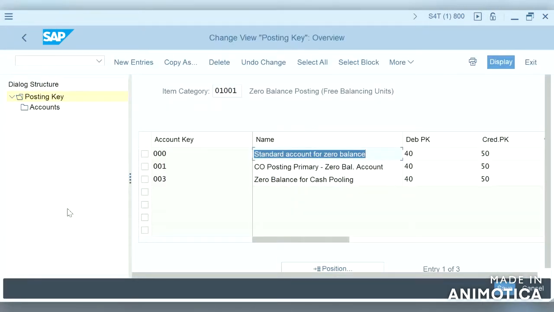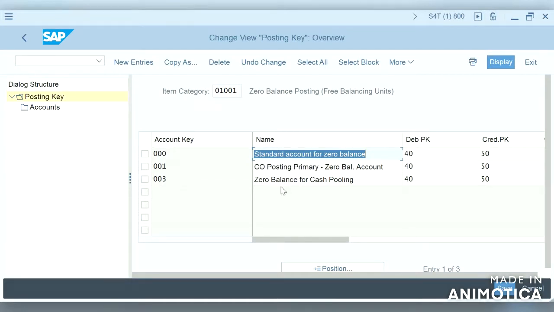In this step, we will define zero balance clearing account, which will be used to generate and balance out financial entry when it is not possible to balance out on its own.